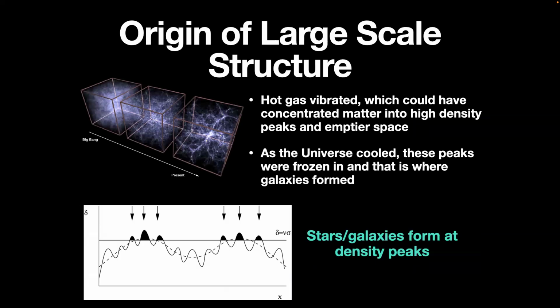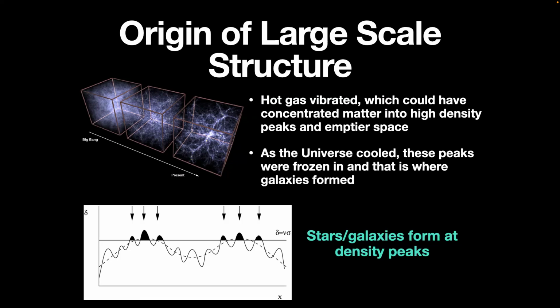Okay, so the last thing I want to talk about is how we get large scale structure to begin with. So I showed you a few slides ago, the universe has this Swiss cheese honeycomb shape. There's evidence for these concentrations, these filaments, clusters, superclusters, and voids in the universe when it was 3 billion years old, which is relatively young, considering that we think it's about 13.8 billion years old now.